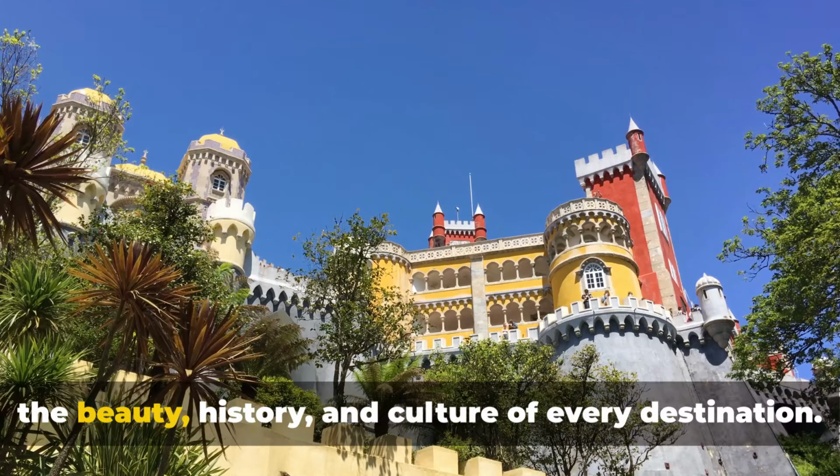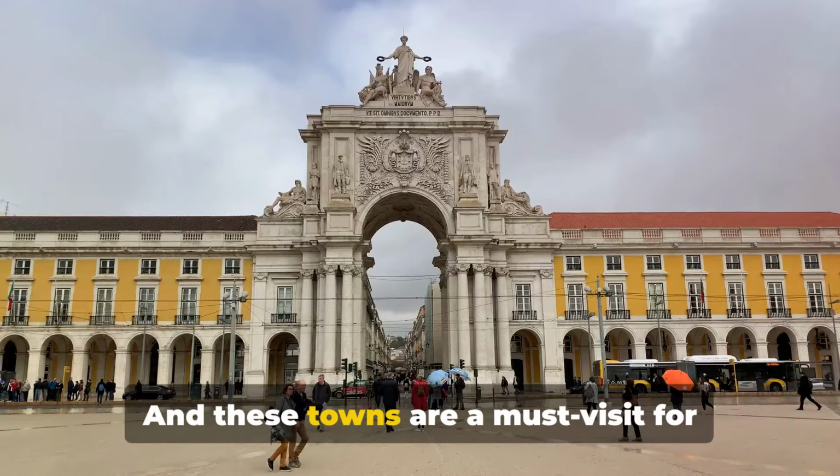Remember, travel is about experiencing the beauty, history, and culture of every destination, and these towns are a must-visit for